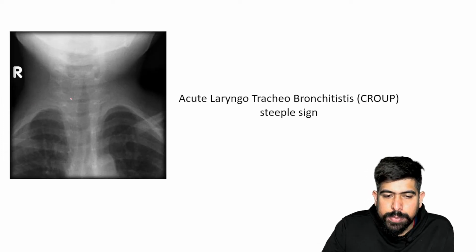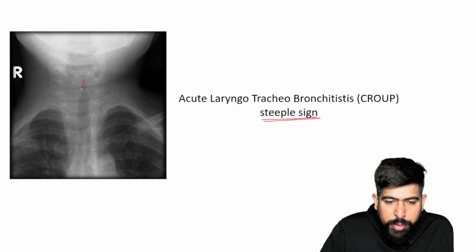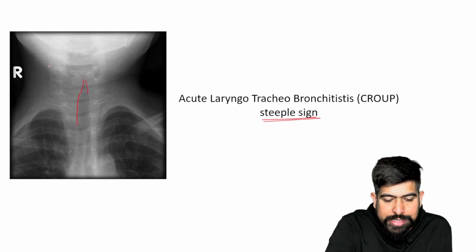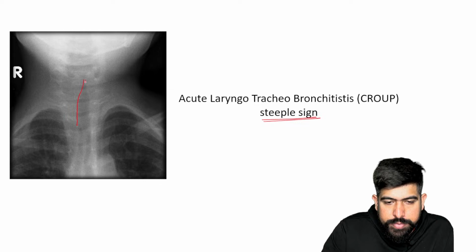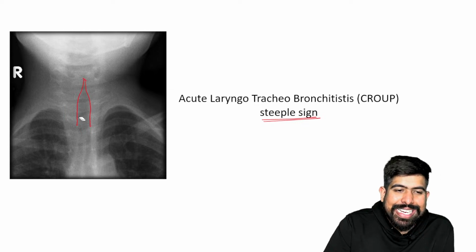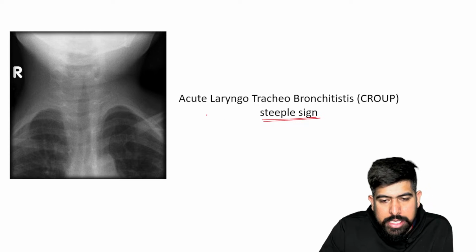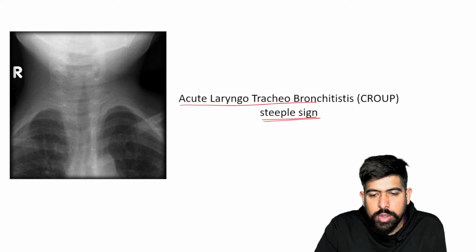This is the pencil tip sign, or stipple sign, which you were asking about, doctor. You can see this is the tip of a pencil. So this is the pencil tip sign. Also, you can call it the steeple sign. Yes, the name is the steeple sign, and it is seen in acute laryngotracheobronchitis,